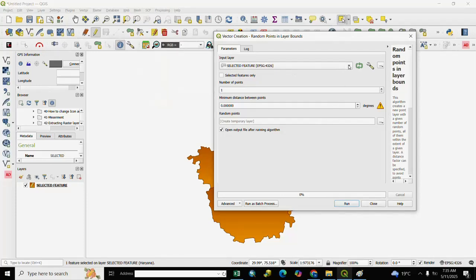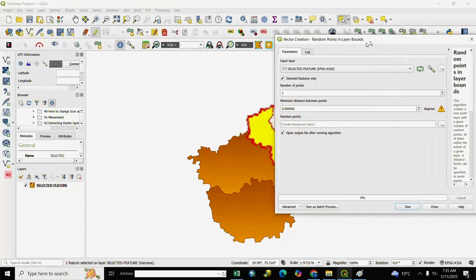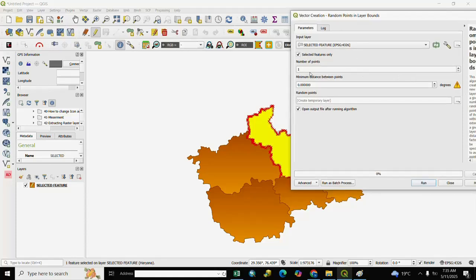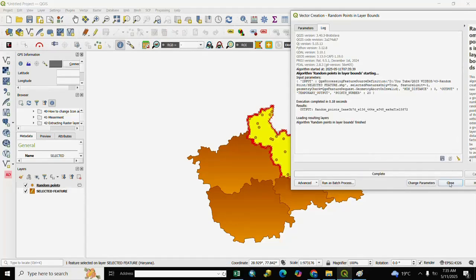Here is our input file and we tick selected features only. We generate points only in the selected feature and we give a number of points. We give 20 points here. After it, we run it and close it.